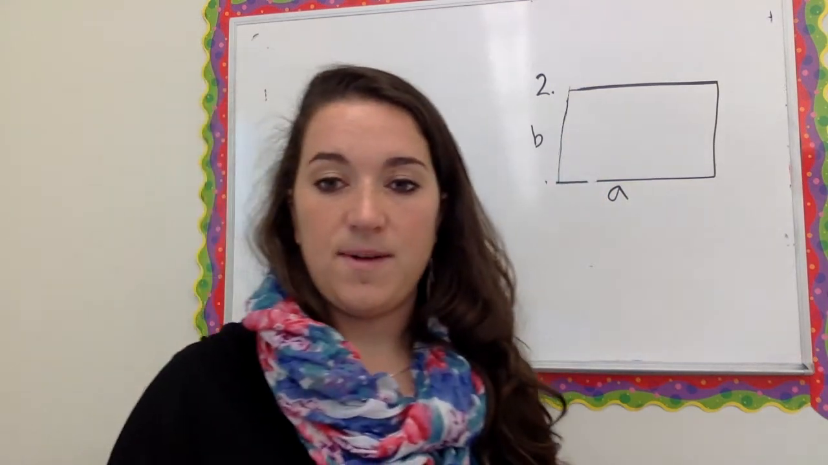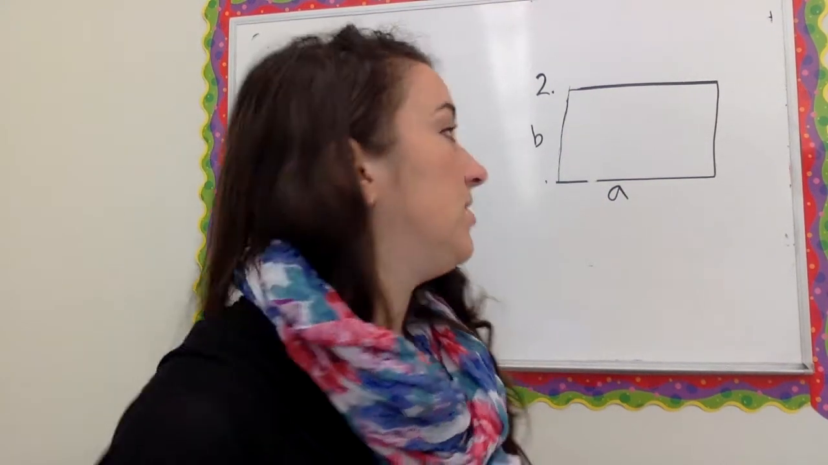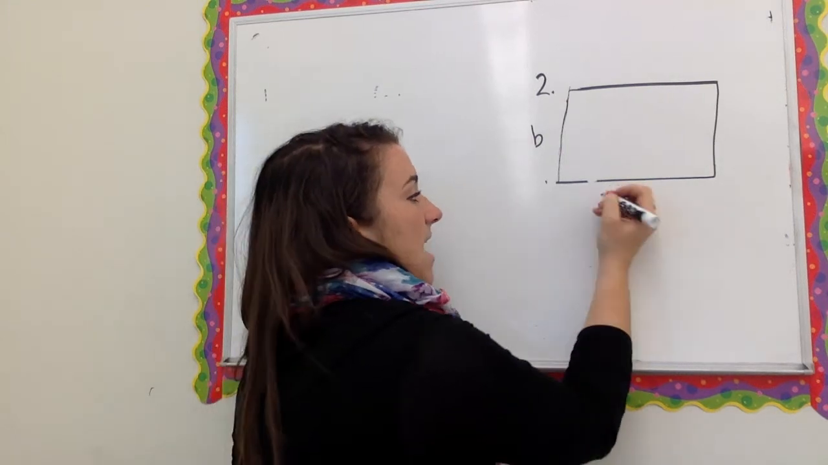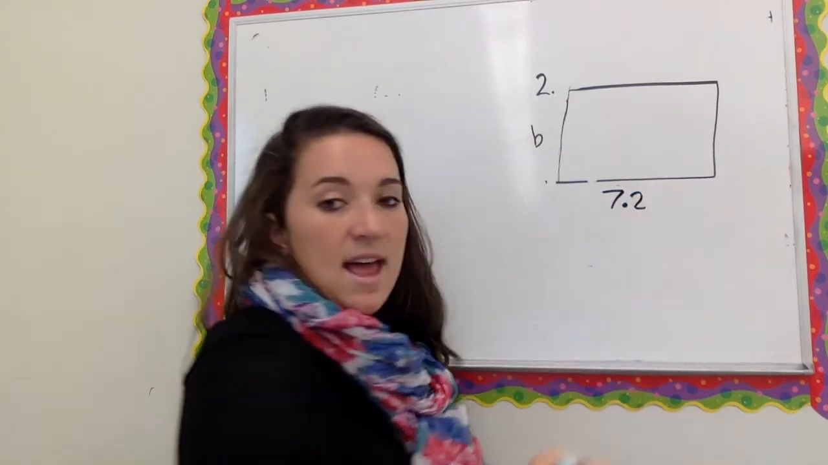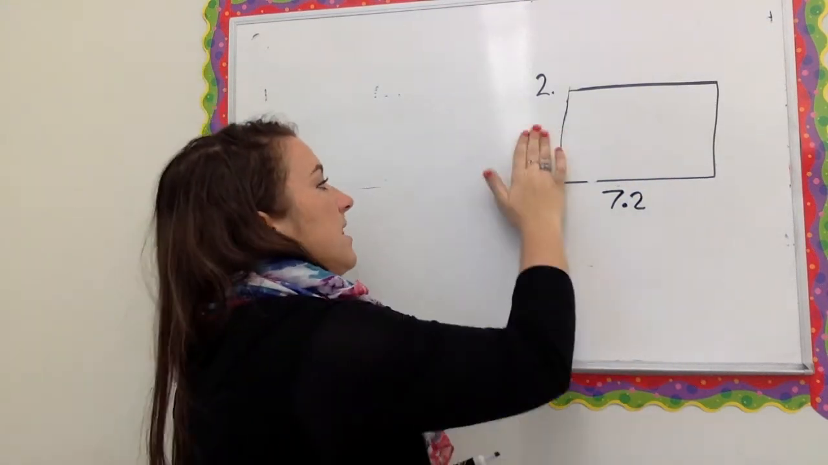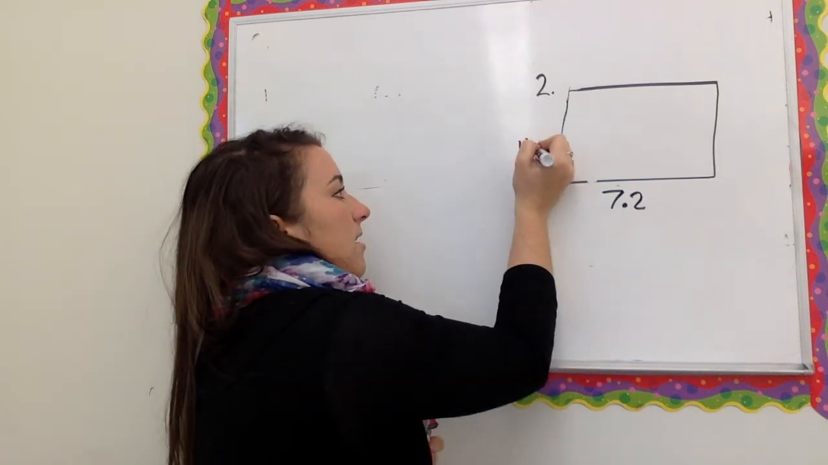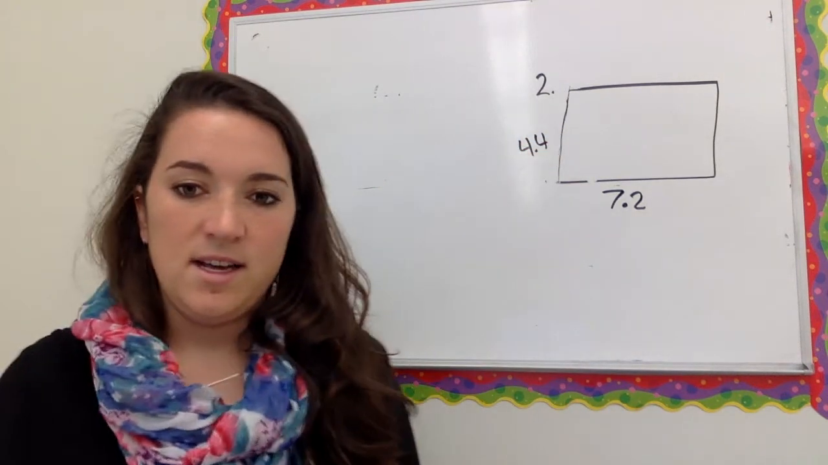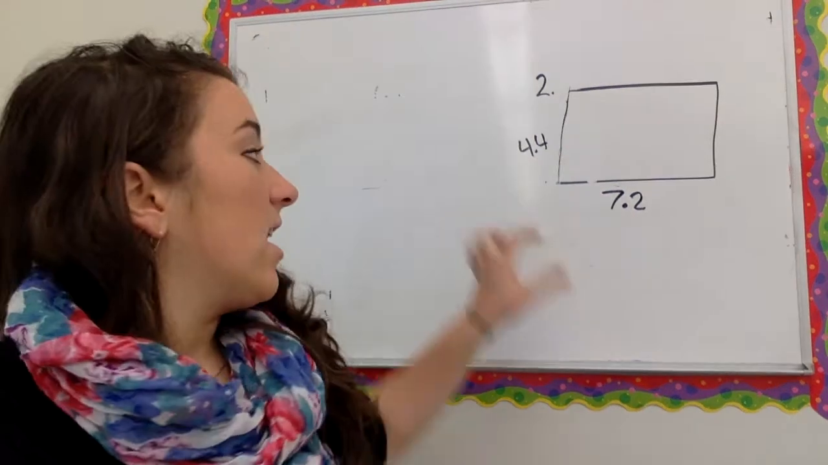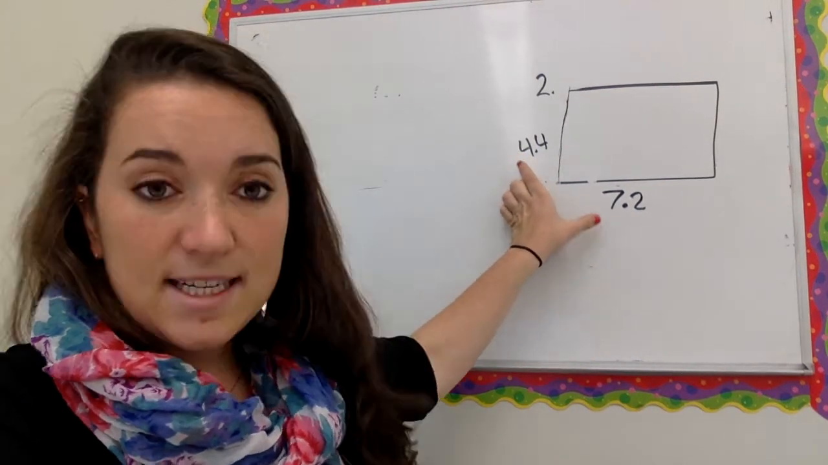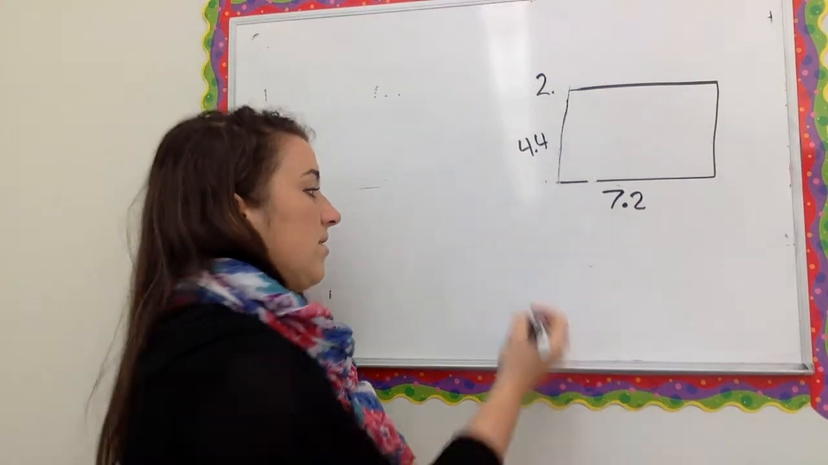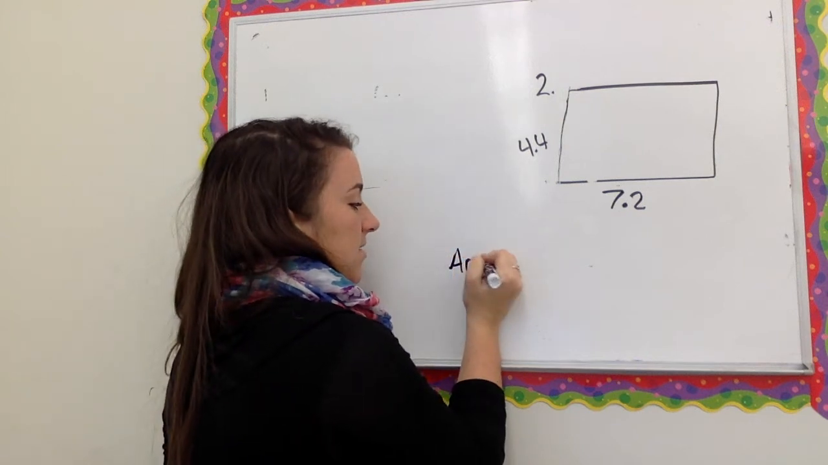I see under the rectangle it says A equals 7 2/10 inches. So in place of A, I'll put 7 2/10. And B equals 4 4/10 inches. So in place of B, I'll put 4 4/10. Again, when I'm trying to find the area, I need to multiply the 2 sides, the length and the width, together. So my area is going to be